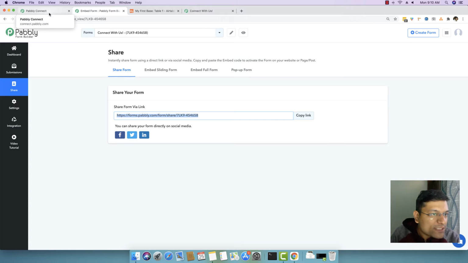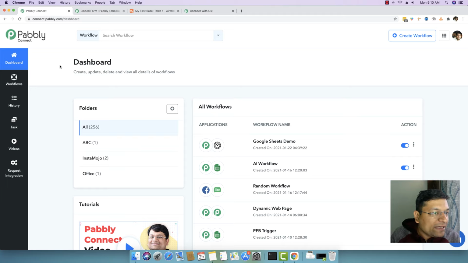Okay, so our first step is to capture the form response inside Pabbly Connect, and our second step will be to send the same form response inside Airtable in real time. So let me go to Pabbly Connect, which happens to be an integration platform to integrate 2 different services together. The first step is to click this create workflow button right here. To access Pabbly Connect, you have to go to pabbly.com, log in to the account, and then select Pabbly Connect, and you will be taken to this very same page that I'm showing you right here.